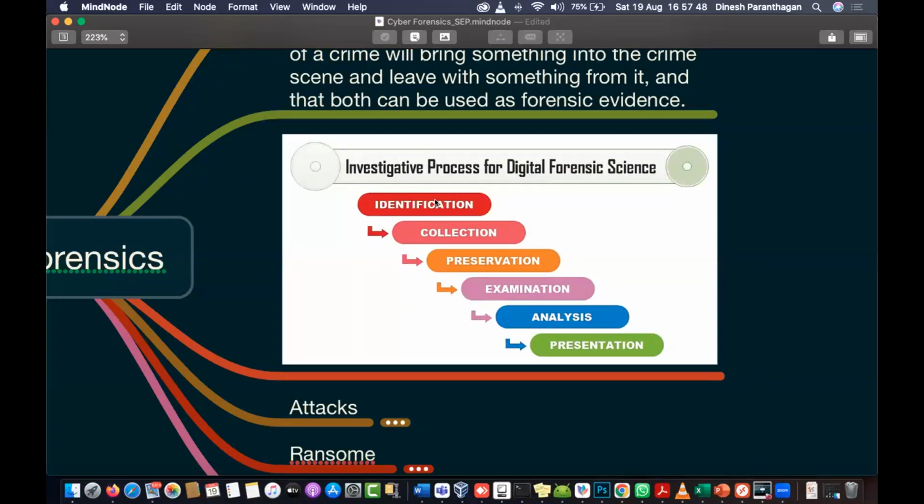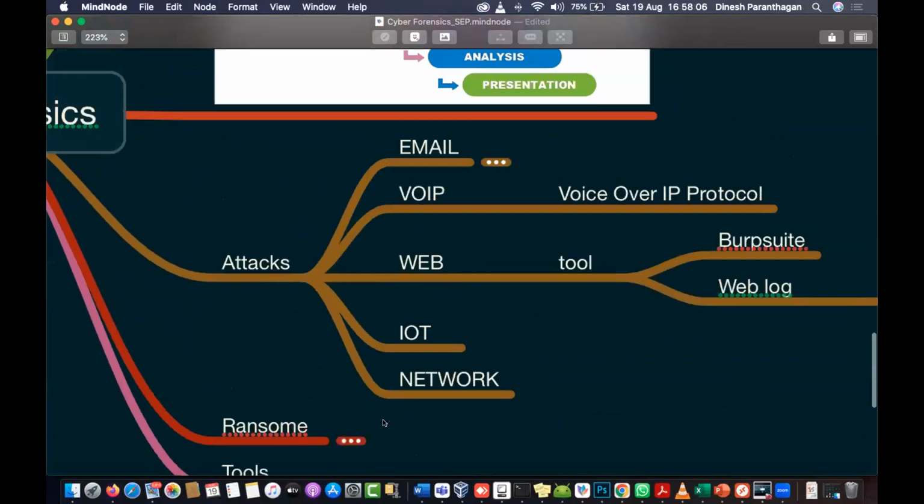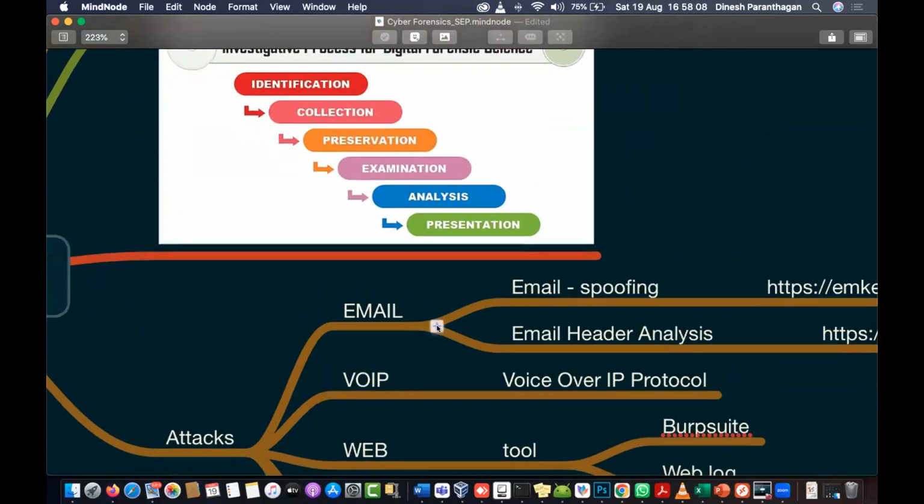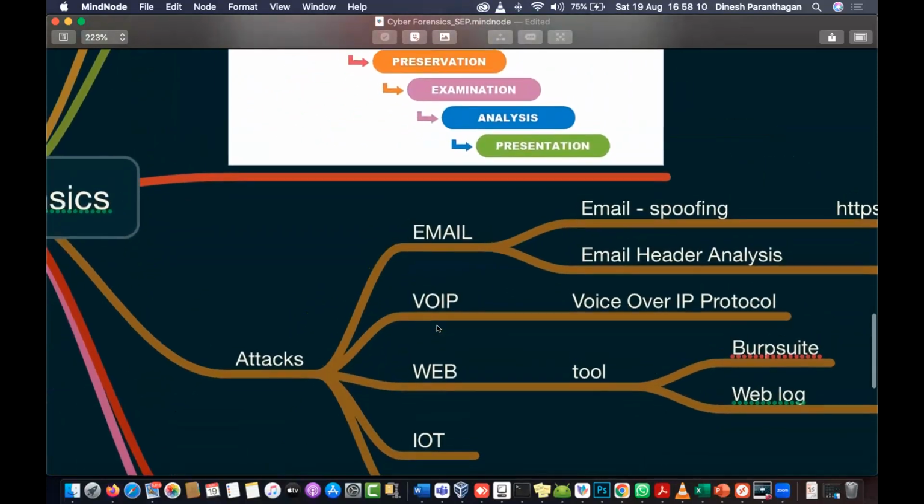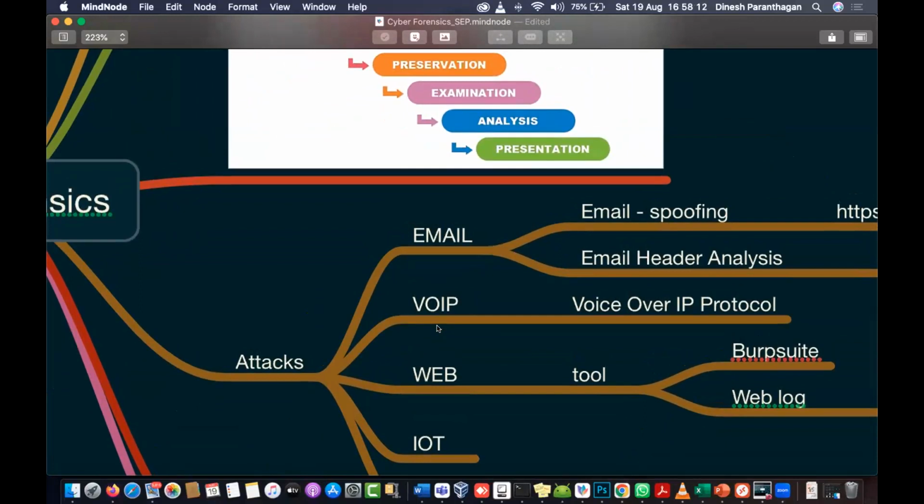After the presentation, I'll explain how the cyber law works, and what is the form they maintain when they are collecting and producing evidence to the court, and how the investigation goes from the scratch to the end. First, I'll explain some of the crimes happening right now and how the investigation process works. So first, about email crime.